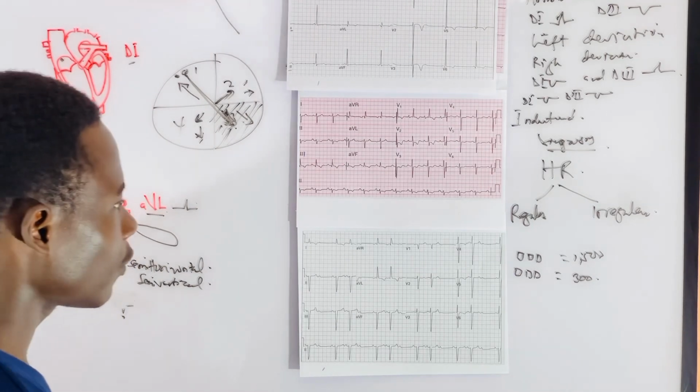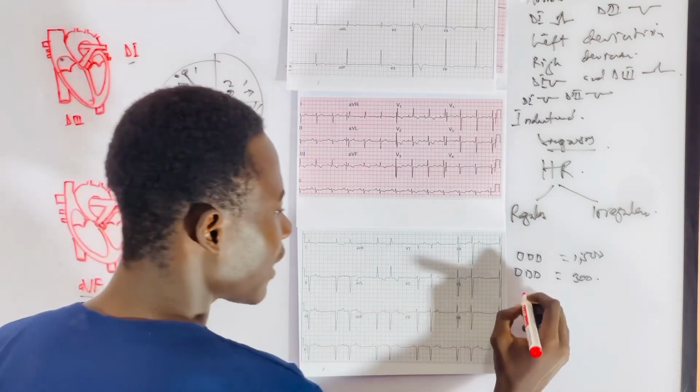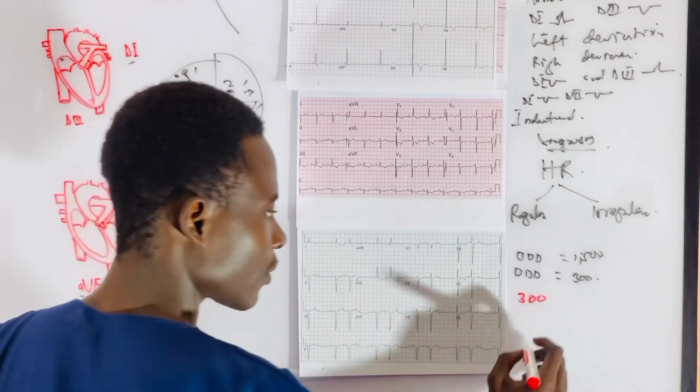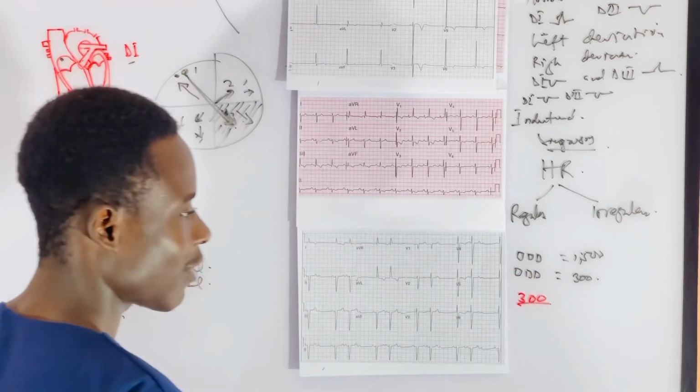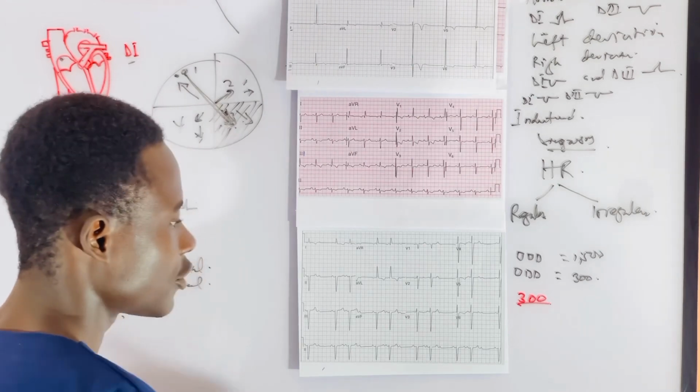Now, for the regular, if you want to calculate the regular, whether you take 300, do you understand? And then divide it by the number of big boxes that are there between